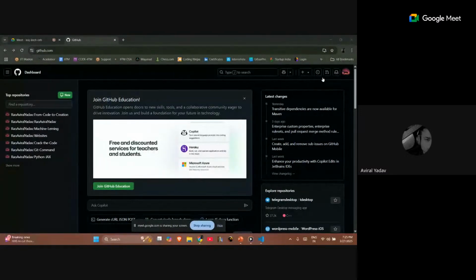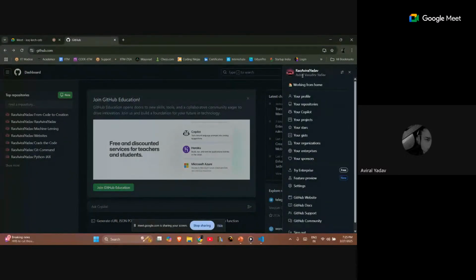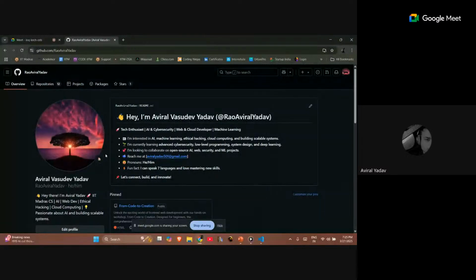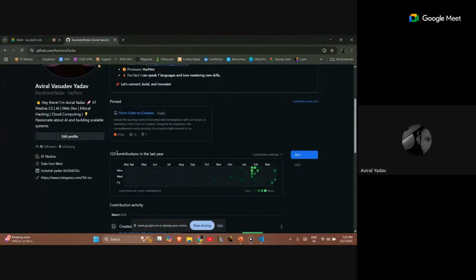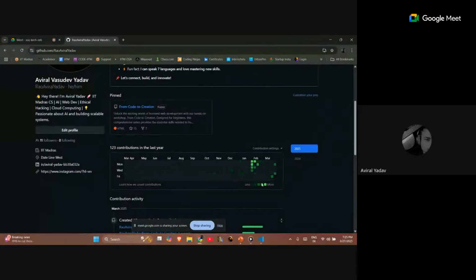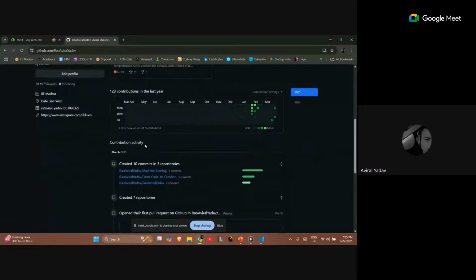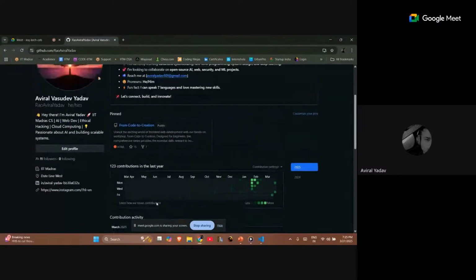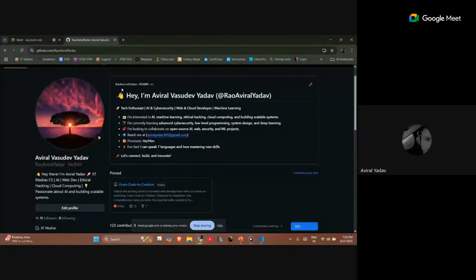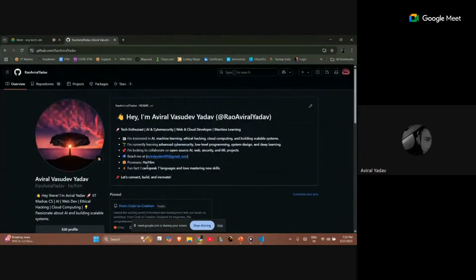Okay, and just to check all the stuff that we have here, we can click on this icon, which shows our profile pic, and all the options will come down there. You just click on your profile, and it will open the profile page associated with it. Here you will see the contributions that you have made. The brighter it is, the more contribution you have made, and after that, your activities. And yep, you can create an intro for yourself as well.